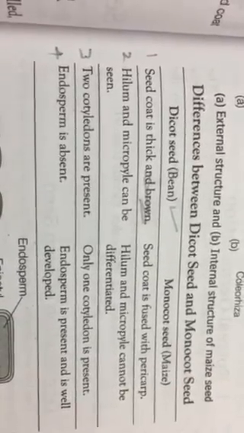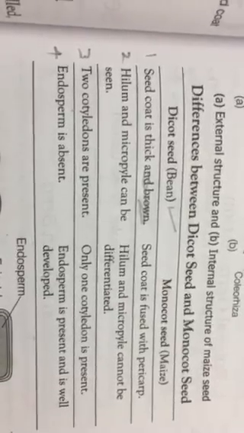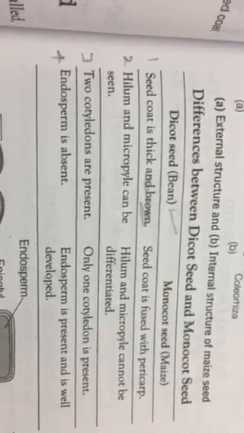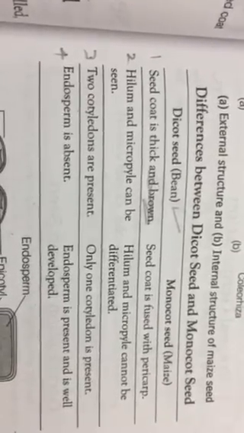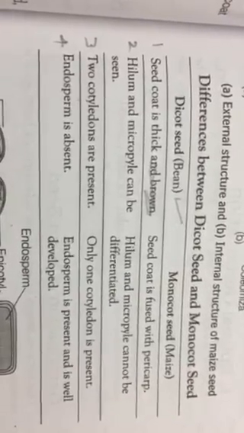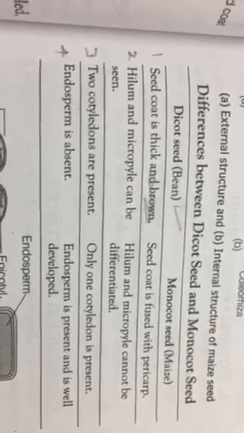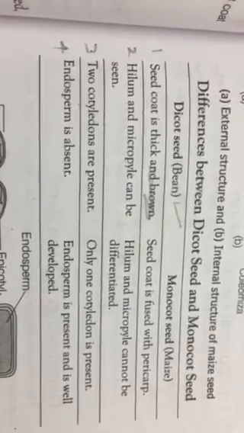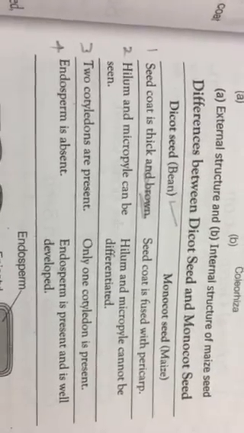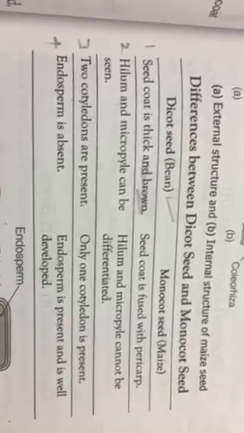So this video is going to highlight, as a matter of revision, both bean seed and maize seed. So you take the 4 points which are given in the table form, that will make you understand as well as compare and immediately figure out what makes the difference between dicot and monocot. It's not a new thing, already you have learned it, but it's a higher version in the 9th class. You are repeating the same thing.